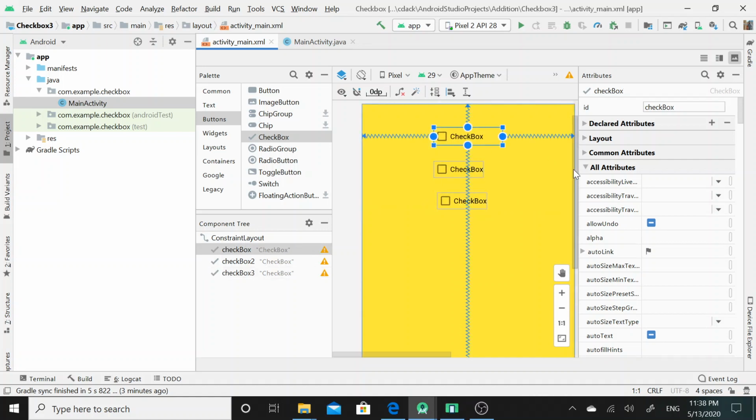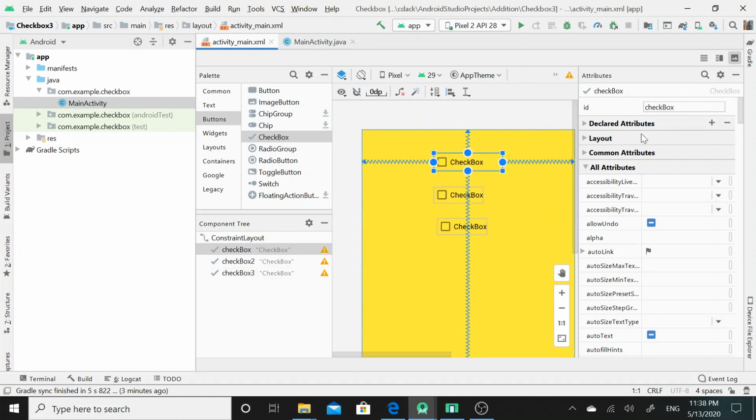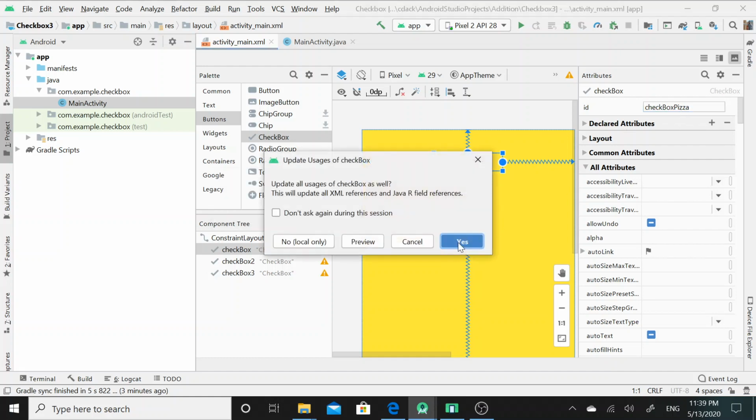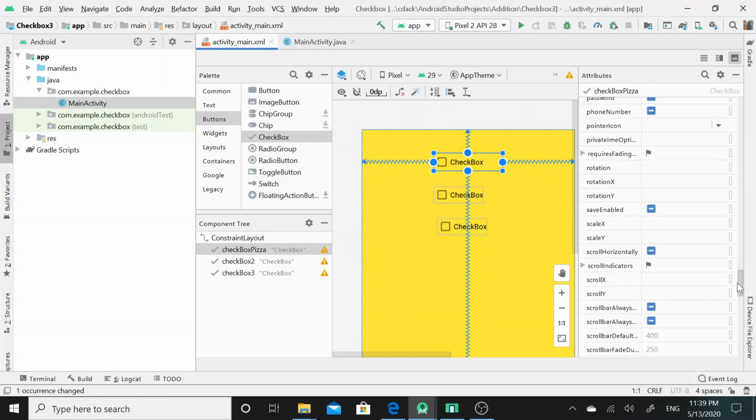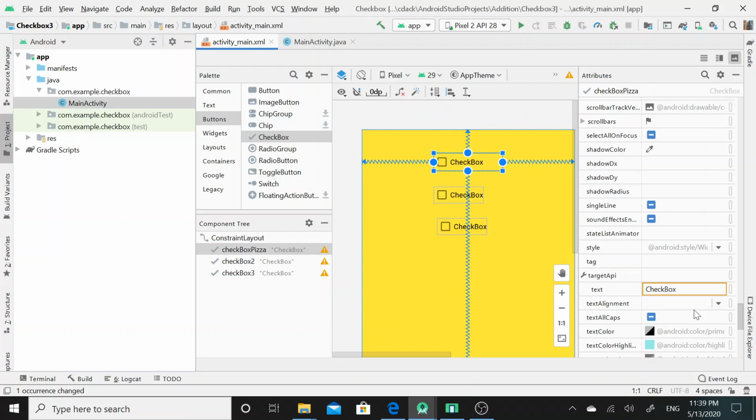Here I shall change the ID of the first checkbox. Instead of checkbox, I shall provide here checkbox_pizza as the ID to this checkbox, and accordingly I shall also change the text which is present on this UI widget.